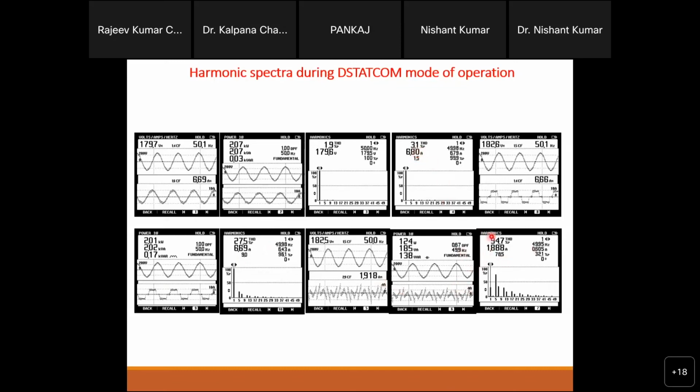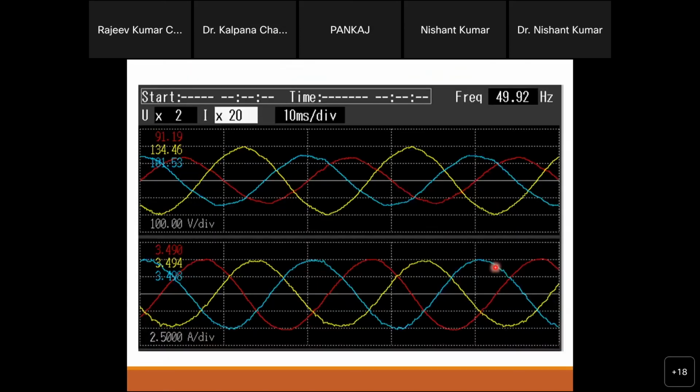Otherwise, what will happen if we do not go for this operation? Then you will see this 27.5% here, meaning the grid will supply and the load will collect, right? So at that time you will see the entire stress of these harmonics on the grid. But since we have this operation, it is giving extra support on that, right? Also, another thing is that,